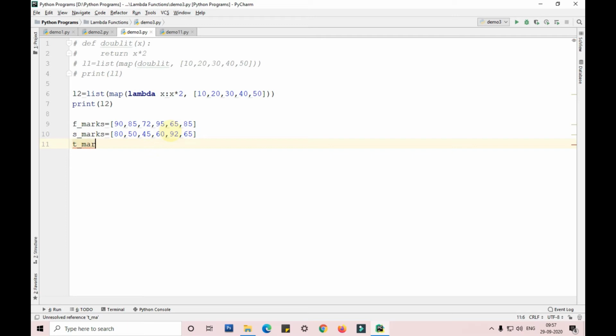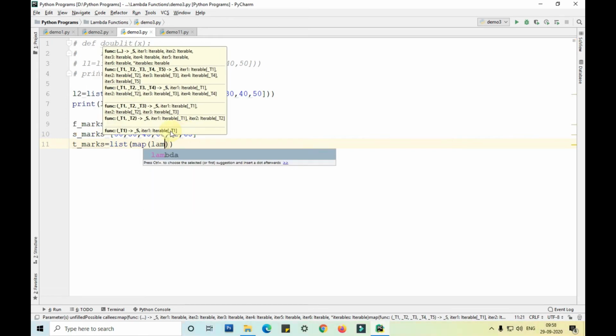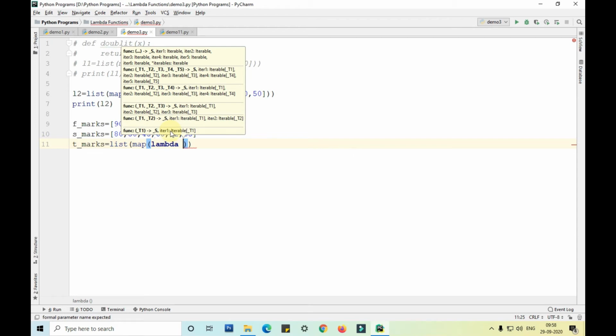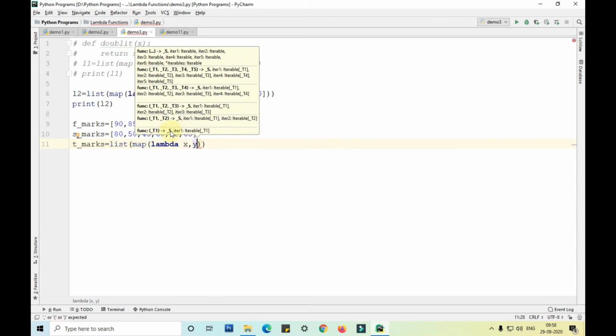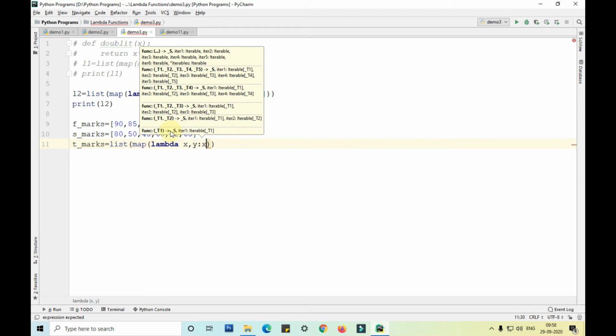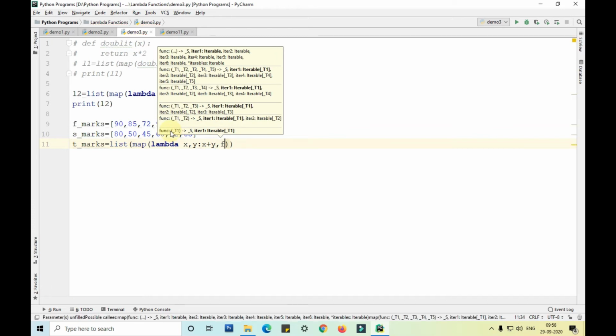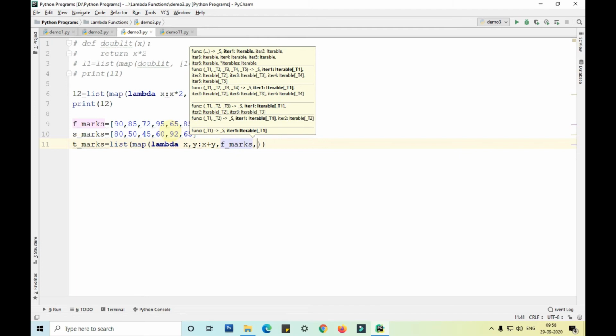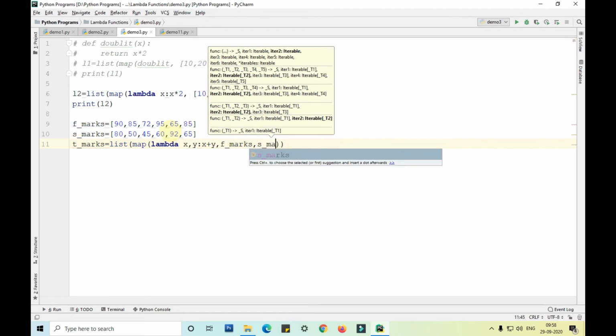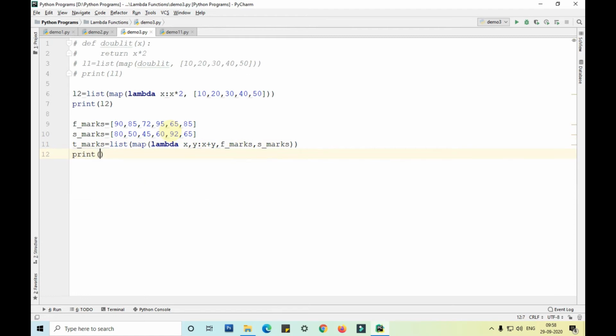t_marks equals list of the map function followed by a lambda function x, y colon x plus y, comma f_marks, comma s_marks. Then print t_marks.